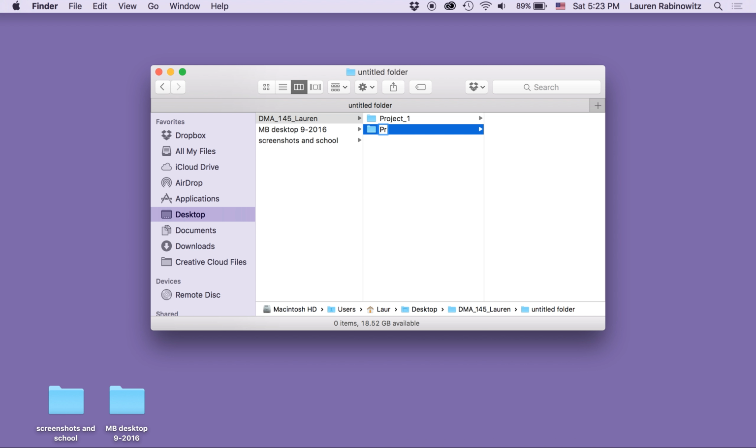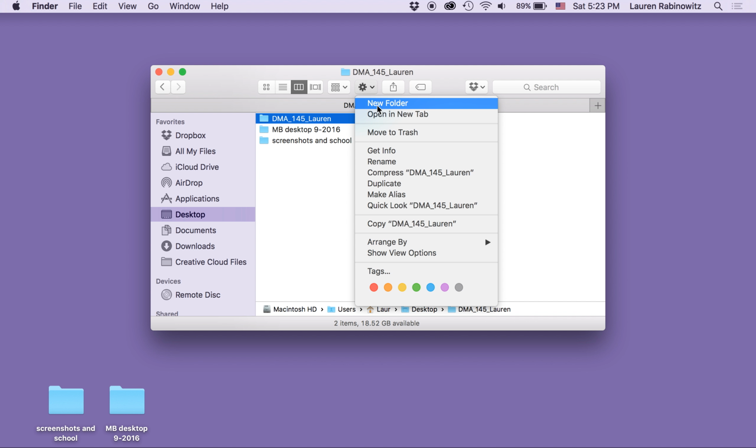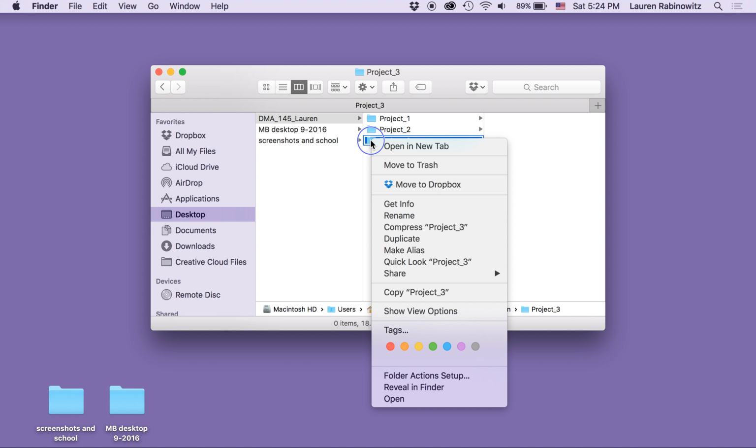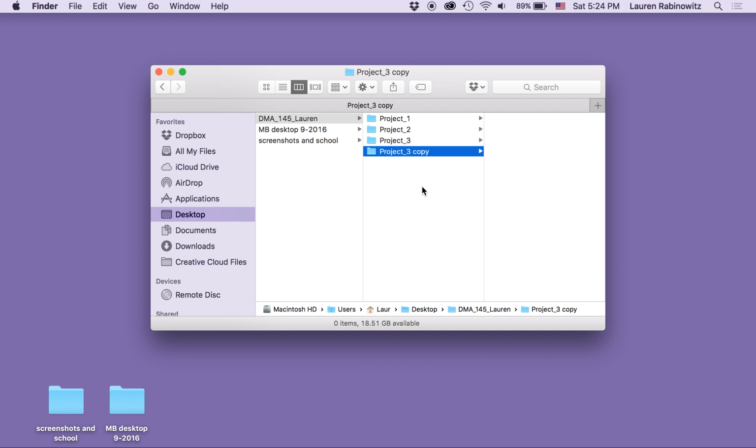Call it project underscore 2. And a third folder, project underscore 3. And I know you're probably saying, wait a second, all you really need to do is just hold down the control key and press duplicate and it'll make a copy of that, and then you can just go change out the name. Either way you want to do it, that's fine, as long as you wind up with 4 project